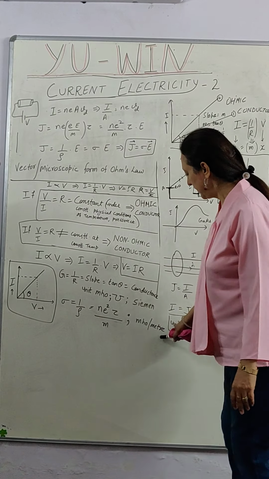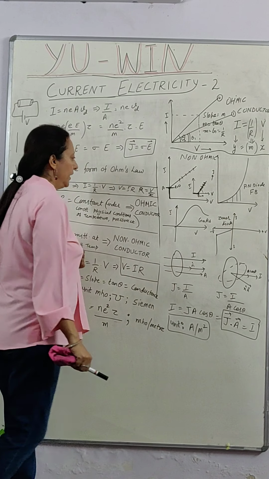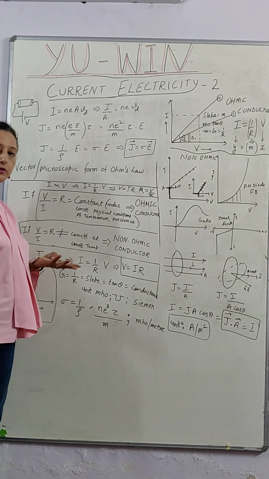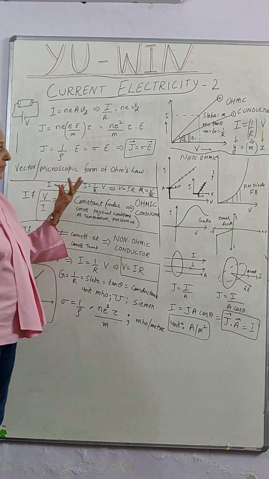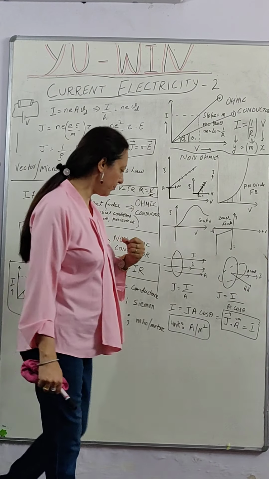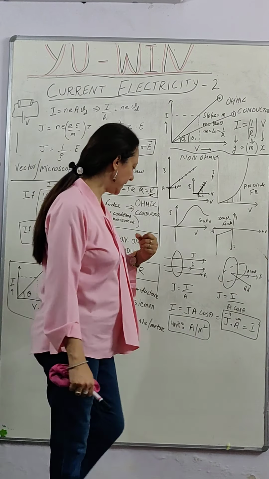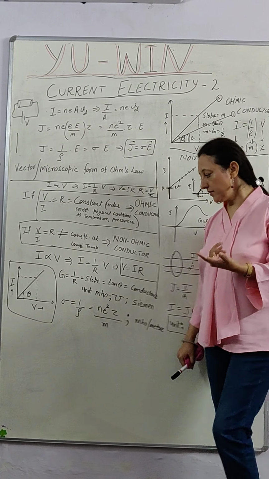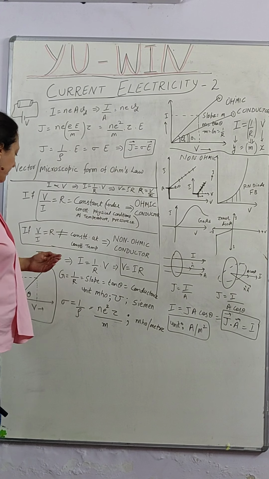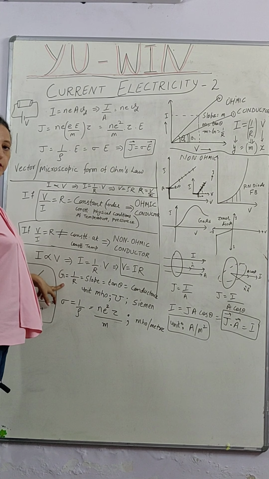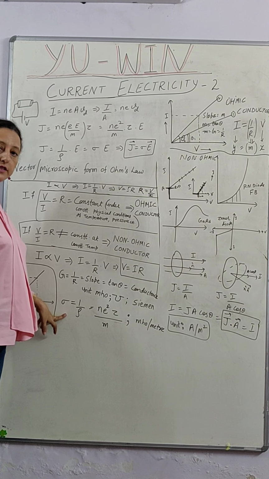This all. So we have a number of terms over here. You have the ohmic, state Ohm's law. What are ohmic conductors? What are non-ohmic conductors? Draw the graph of ohmic conductor, draw the graph of non-ohmic conductor, identify whether these are ohmic or non-ohmic. Then we have defined resistance, resistivity, conductance, conductivity. So we have here covered a number of terms. Conductance is inverse of resistance, conductivity is inverse of resistivity, resistivity is resistance of the unit length of wire having unit area of cross section.